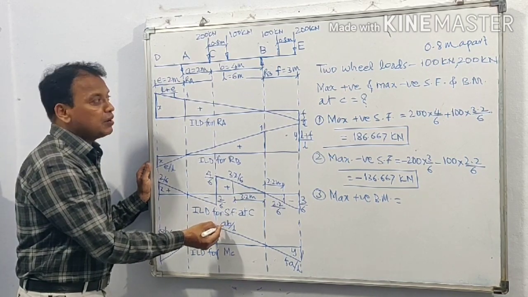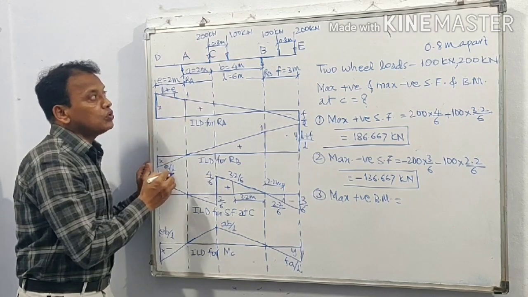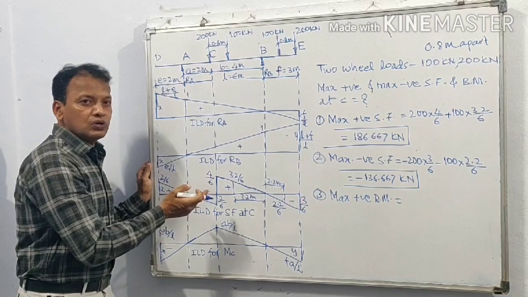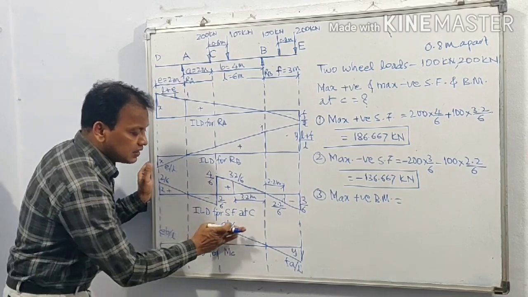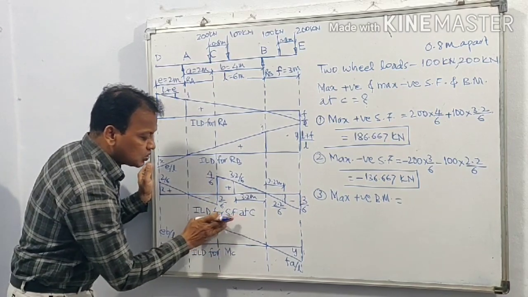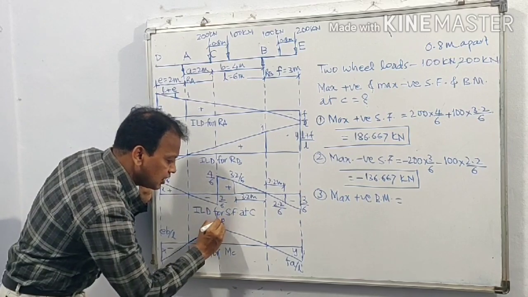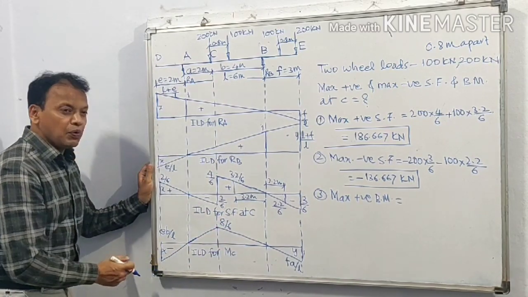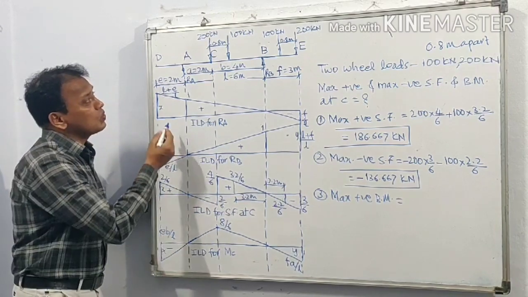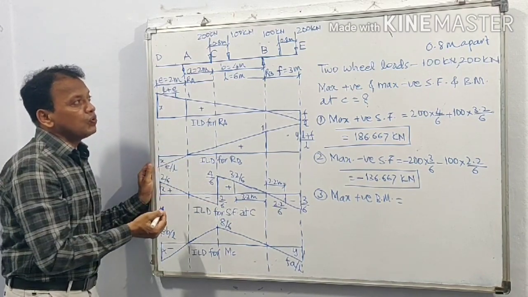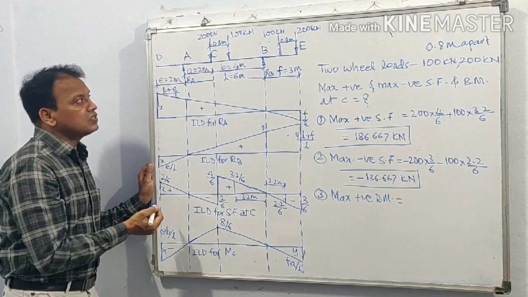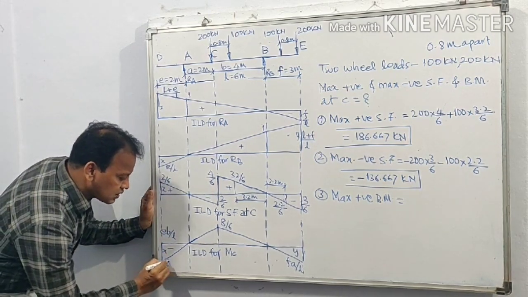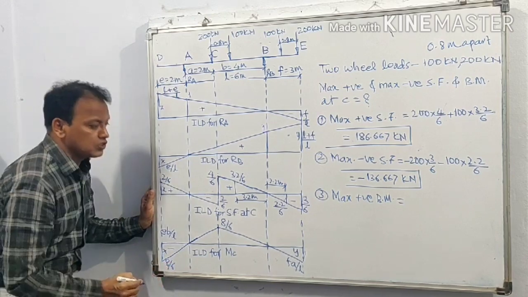This ordinate is AB upon L. A is equal to 2, B is equal to 4. That is AB, 2 into 4, 8, and L is equal to 6. Therefore this ordinate is 8 upon 6. This ordinate EB upon L, E is equal to 2, B is equal to 4. Therefore again it is 2 into 4, 8, and this ordinate is also 8 upon 6.